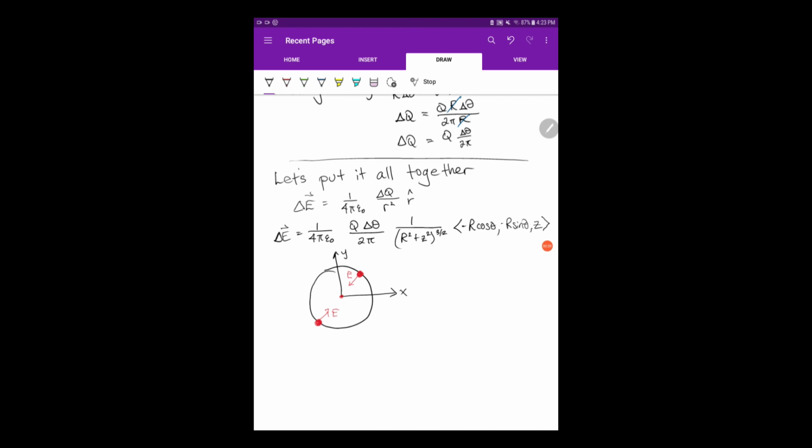It's very similar to the line of charge where the y components canceled with one another, and we only ended up with a component that's along the x-axis or along the z-axis. So that means that we can just simply ignore these, because for every theta value there's going to be a theta on the opposite side of the circle that cancels with it. And so we can just keep the z component so that this vector delta E becomes only a delta E along the z-axis. And I can write that